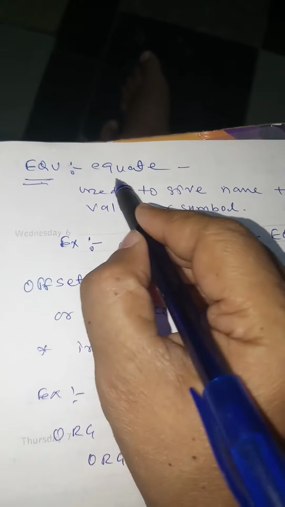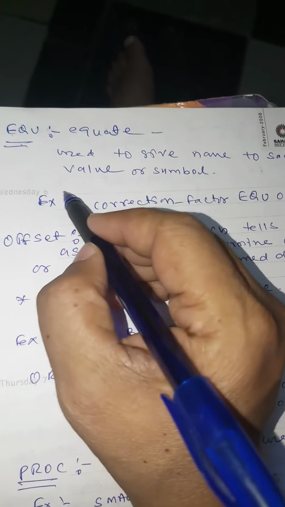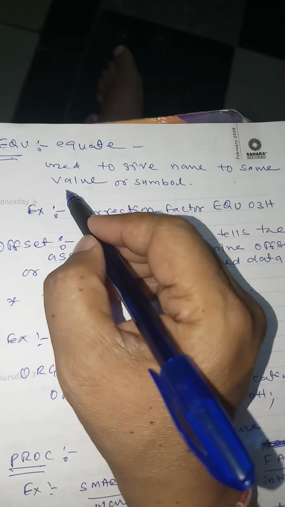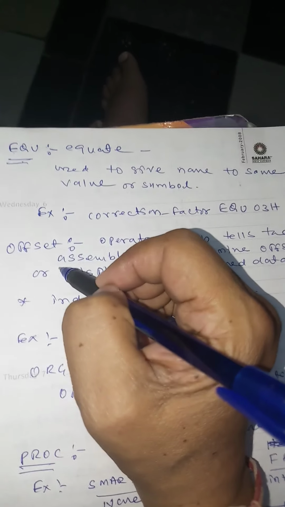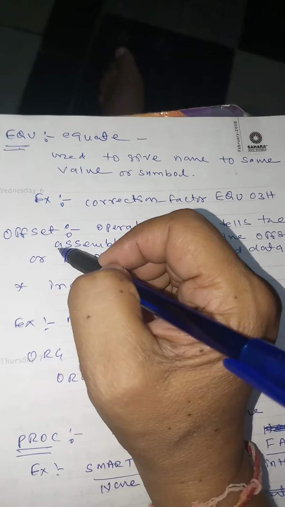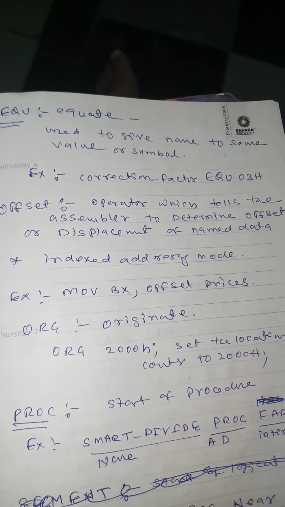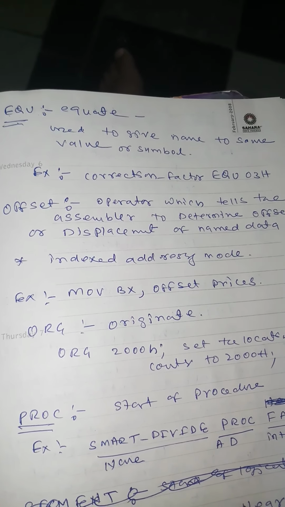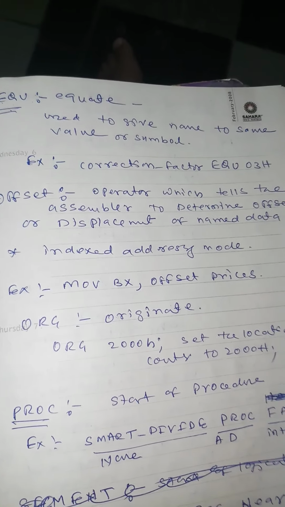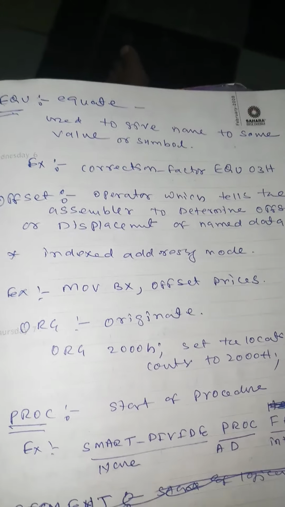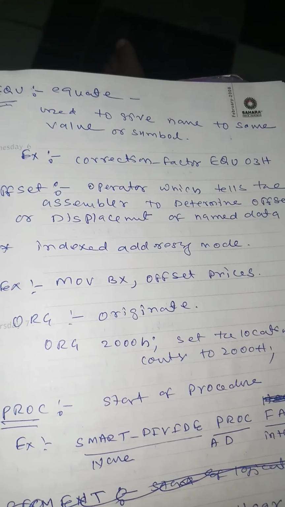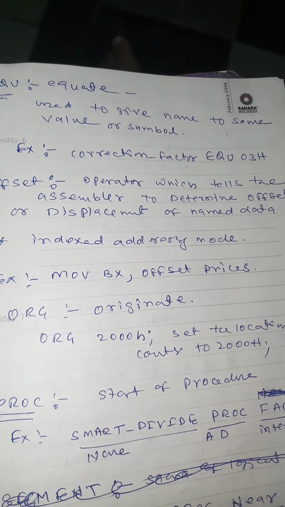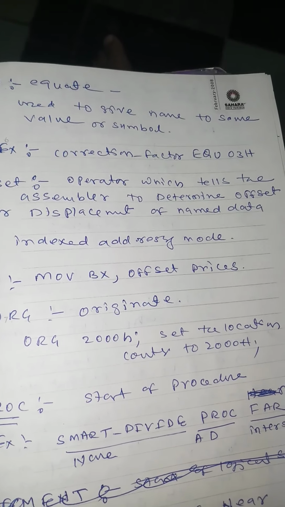So this is one of the directives, called name. A very important directive is called equate, EQU. Let us assume a pi value is required many times in a code. Instead of writing it 100 times, you can equate that pi value to a variable, and instead of writing the pi value, you write the variable name. Whenever the variable name appears, it will be replaced by the pi value.